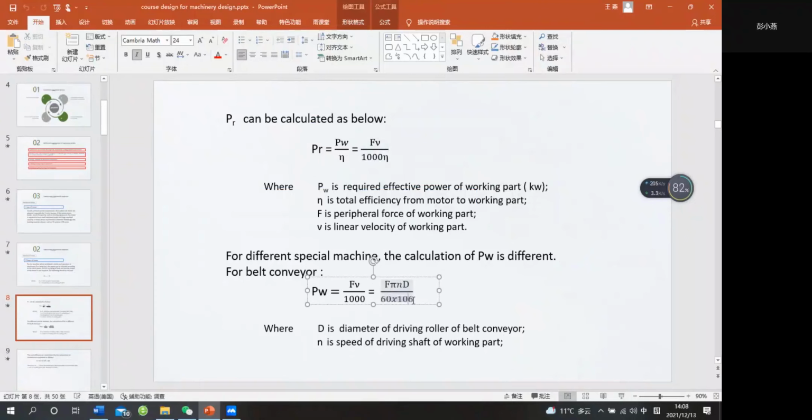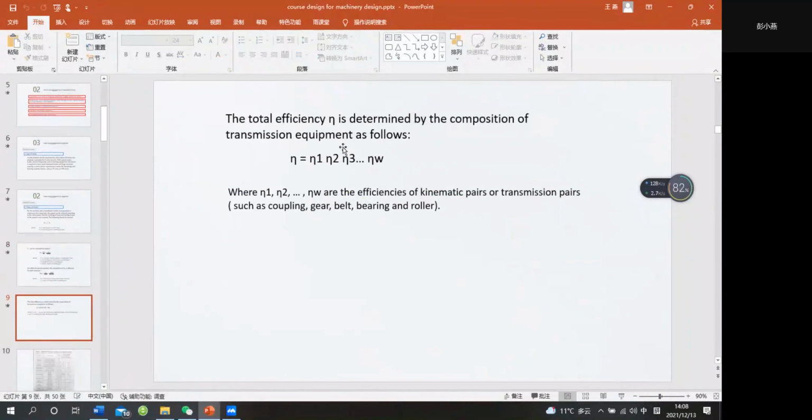Okay, the 6th power, and D is the diameter and N is the speed, and the total efficiency is determined by the